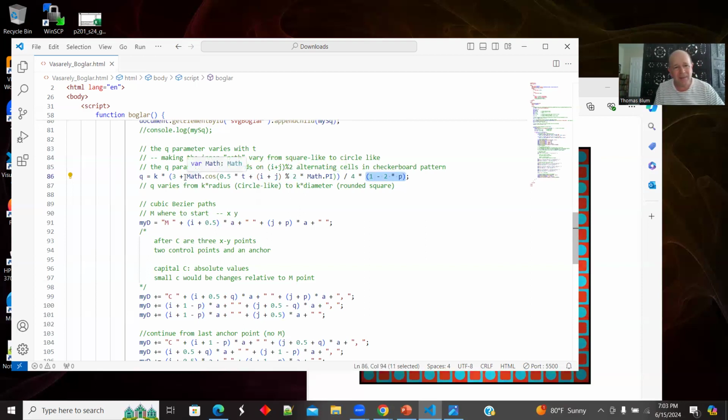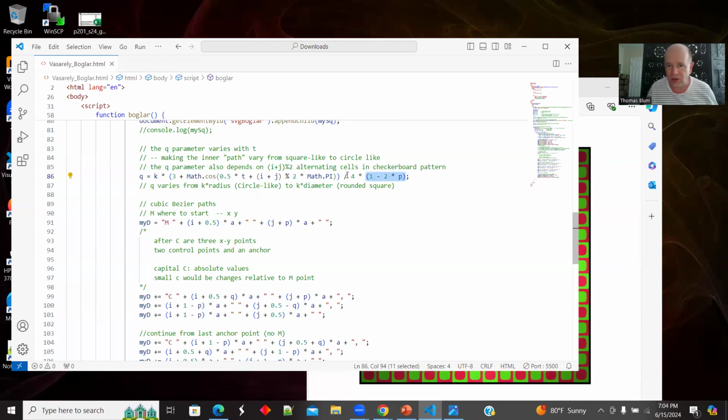So when it's -1, we have 3 minus 1, which is 2 divided by 4. That's a half. And I'm multiplying that by the diameter, so that's the radius. So when Q is at its smallest, I am K times the radius, and that is what